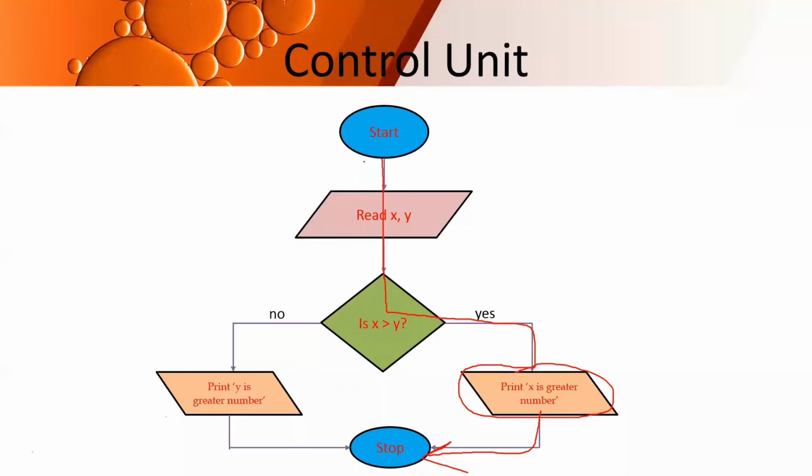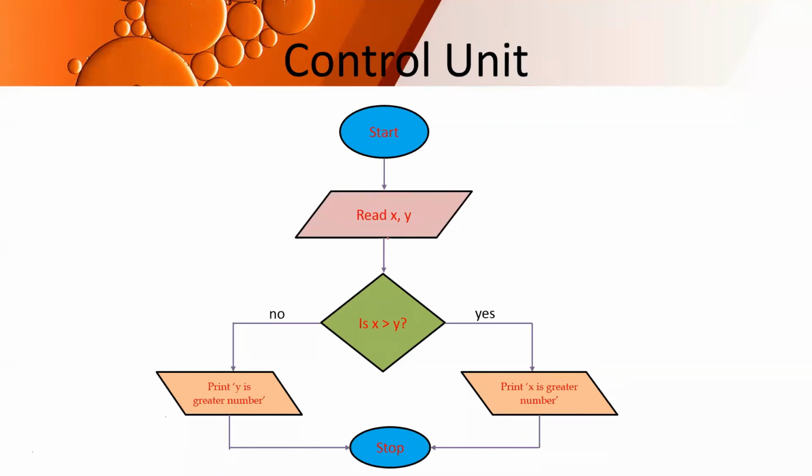What is the first instruction over here? Read x and y. That is, first of all, it will ask for the values of x and y from the user. How will the user enter the values? It has to be entered from the keyboard. Obviously, it cannot be entered by the mouse, provided you follow the long path, that is, you switch on the on-screen keyboard, then you click the buttons for the numbers, that's a different thing. But generally, what is being used ultimately? The keyboard is being used.